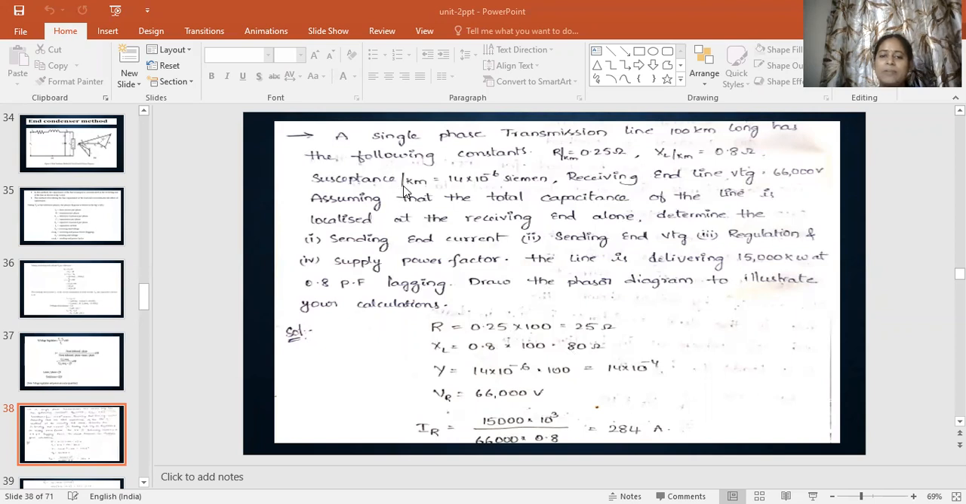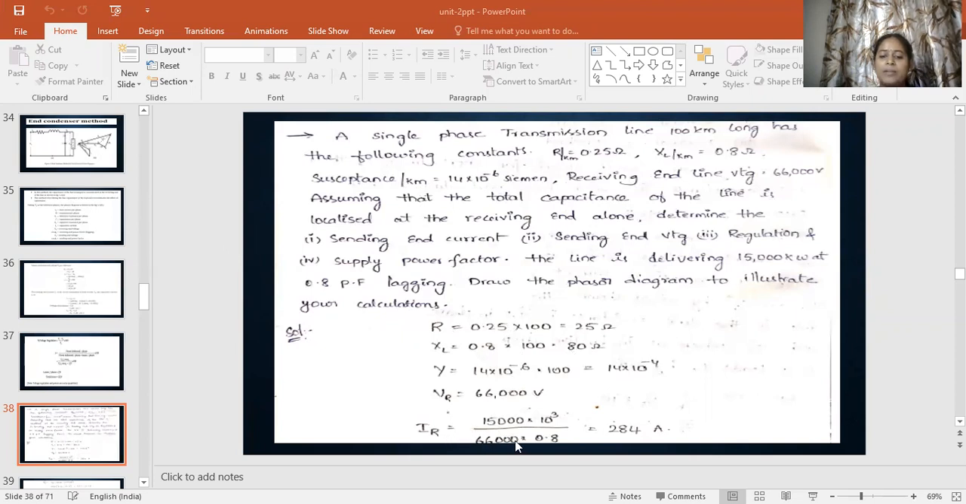And the susceptance value can be denoted by the symbol Y. This value is 14 into 10 power minus 6 per kilometer, and that value also can be multiplied with 100, and we can get 14 into 10 power minus 4. And in the problem, receiving end line voltage is 66,000 volts, and receiving end voltage VR equal to 66,000 volts. Using that data we can calculate the current value, that is IR equal to